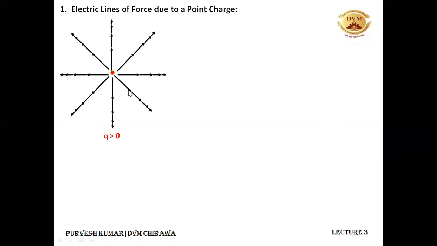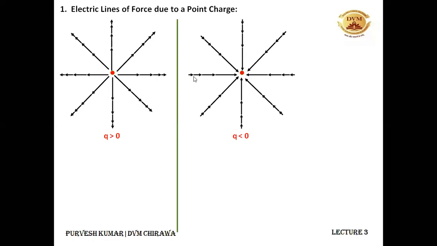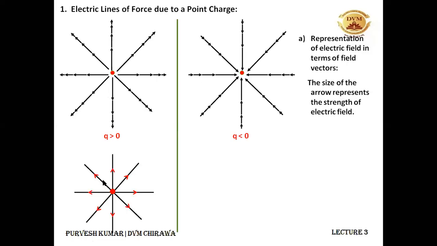I have represented this electric field line with the help of vectors. The length of the arrow shows the magnitude of the vector. As you move towards the positive charge, the length of the arrow is increasing, and if you move away from the positive charge, the length of the arrow is decreasing. It means the electric field is decreasing when you move away from the charge. So either you can represent the electric field line like this, or in a simpler manner, like this. This is the representation of the electric field line without using vectors.